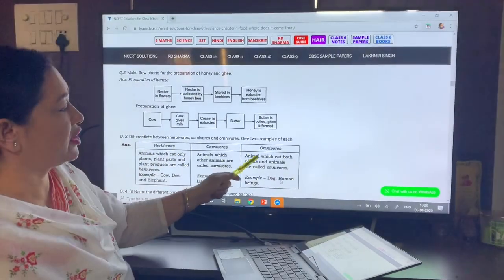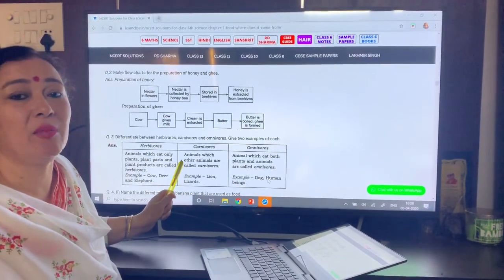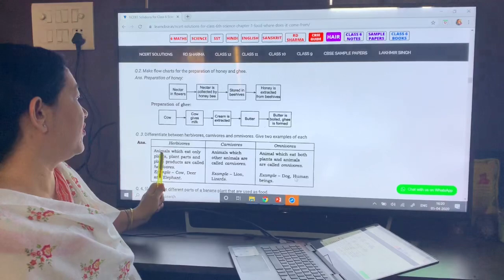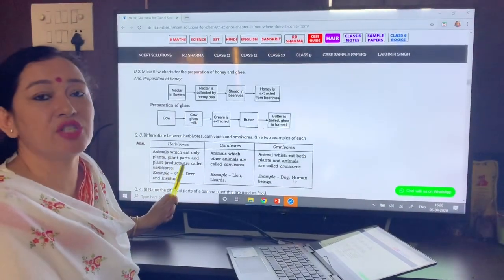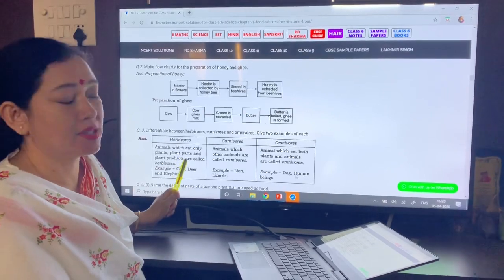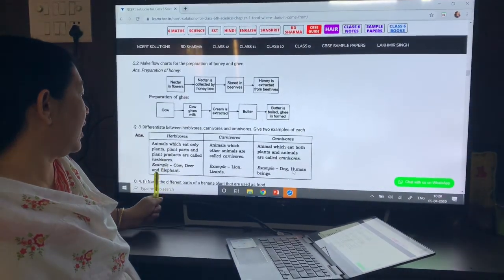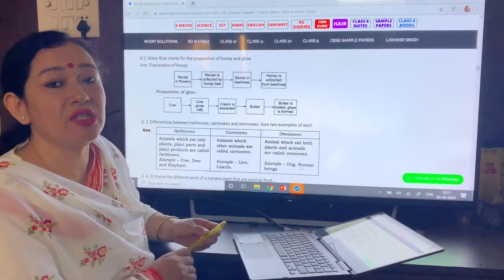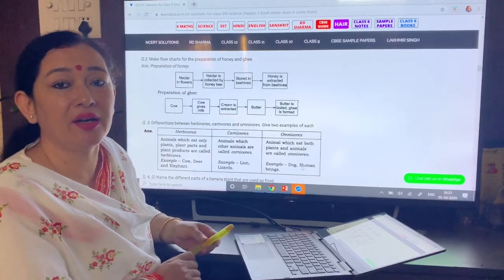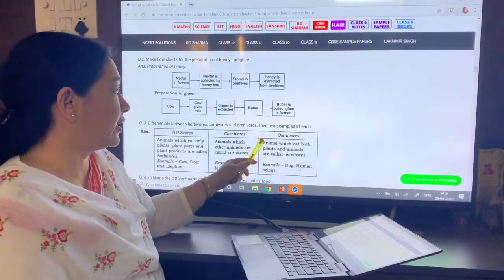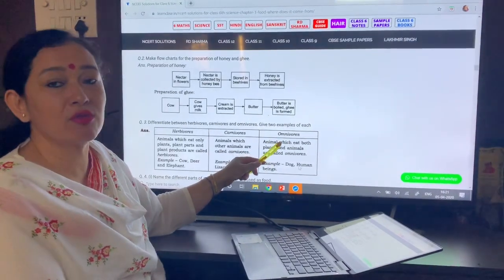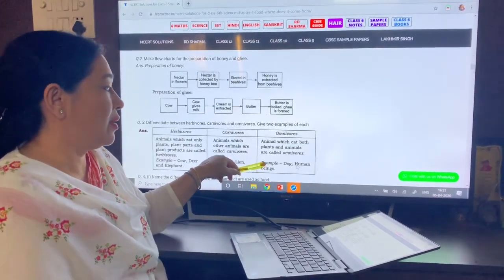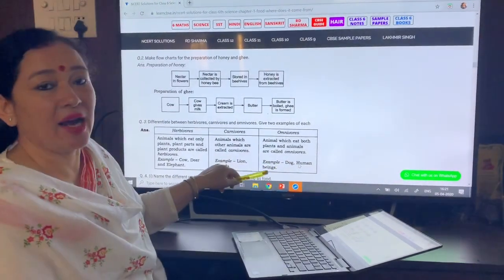Children, this is very, very important in this chapter. We have been learning about different categories of animals depending upon their food habits. The first category is the category of animals which eat only plants and their parts. Examples are cows, deer, and elephant. Second category is the category of carnivores, which eat flesh of other animals, like lion, tiger, etc. Third category is the category of omnivores. Omnivores are animals that eat plants as well as animals. Some examples are dog, human beings, cats, etc.